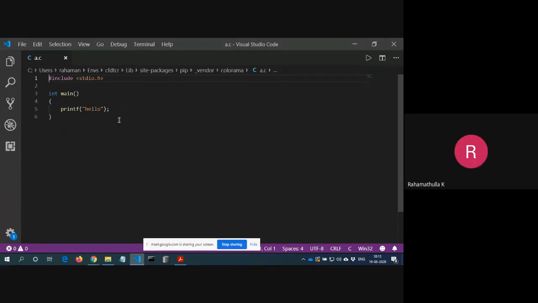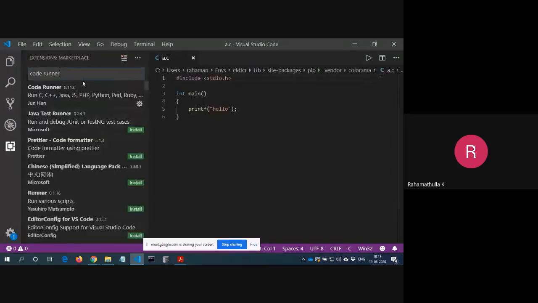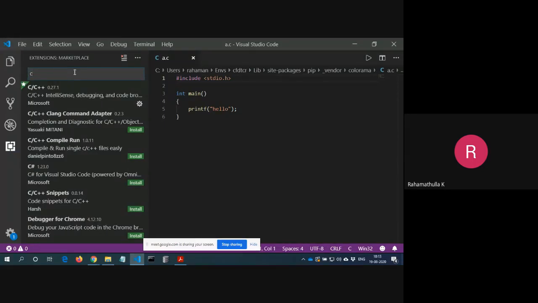If you have Visual Studio Code installed, you go to extensions, and in that you install Code Runner, then C/C++.